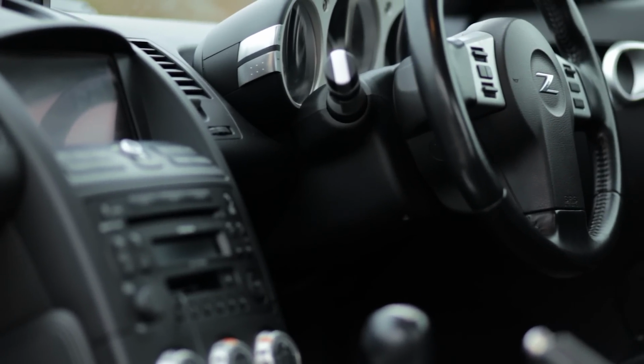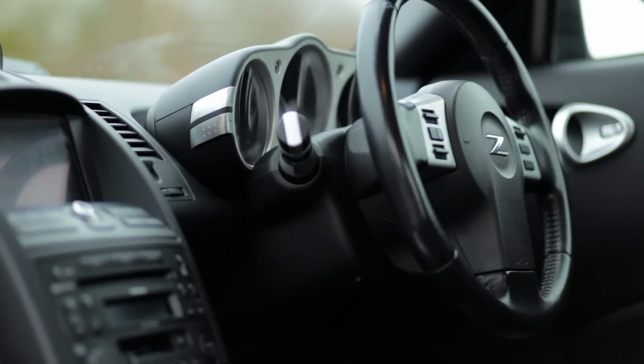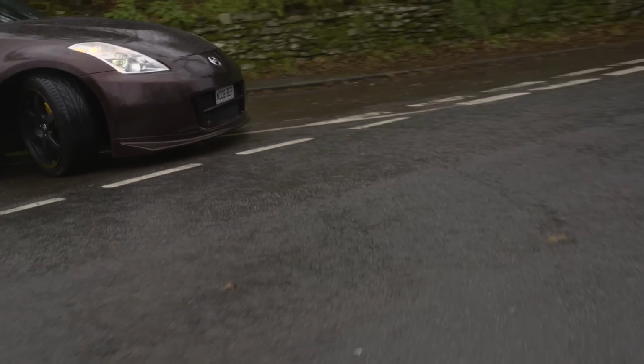And yeah, the interior plastics, all quite tacky and not really well put together. But the 350Z is all about the driving experience. You've got a whacking great big engine. You've got over 300 horsepower, rear-wheel drive and LSD. So it's a really raw,